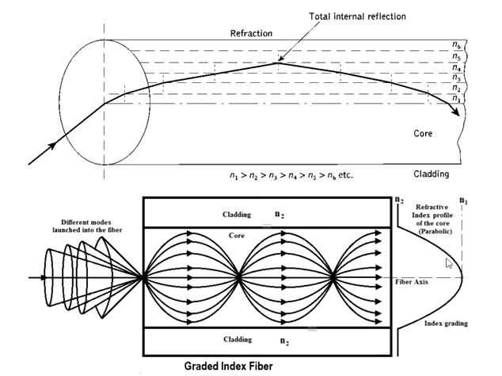You can observe the profile is gradually changed, that is, the refractive index is gradually reduced. So the ray which is traveling a longer distance will travel faster than the ray which is traveling near the axis of the fiber. Because of this change in velocity, all the modes will reach at the same time. Again, when they propagate, at the end they all will reach at the same time. This is required to reduce the dispersion in optical fiber.